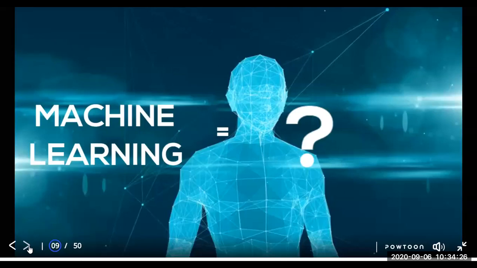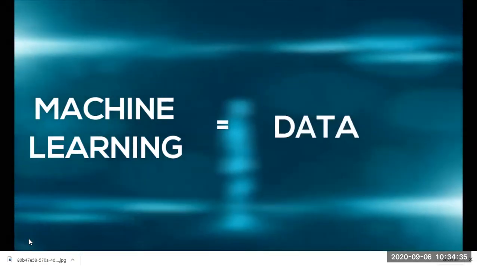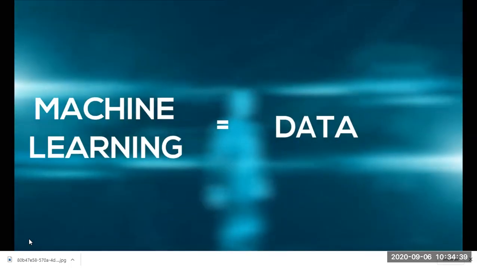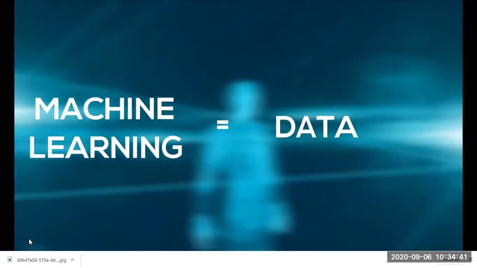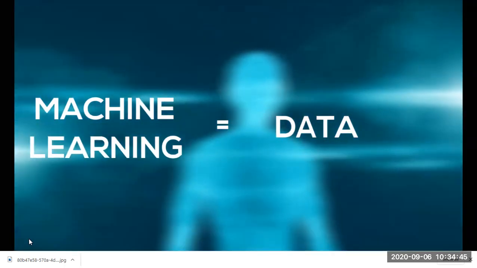Let me just go with the next one. That is the next slide. Right now, it is very important. I want you to understand this machine learning will happen because of what? If you ask me, because of data. Because of this data, this machine learning will happen. Right now, the question is very simple. Okay, sir, we understood because of data, this machine learning will happen. But what do you mean by data? How will the data be segregated? How will the data be generated?